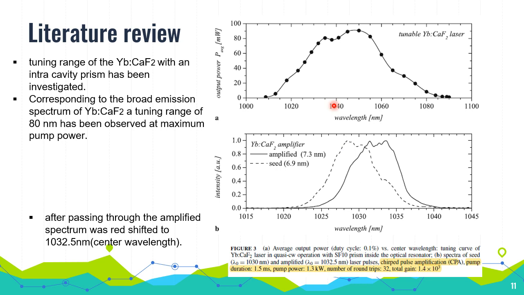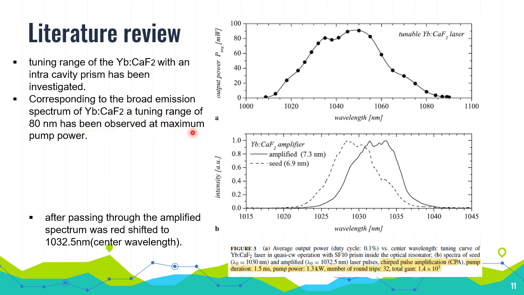So Figure 3a, this picture is the average output power. It's prior to the pulse amplification experiment, but they want to see the tuning range of ytterbium calcium fluoride with an intracavity prism has been investigated. Corresponding to the broad emission spectrum of ytterbium calcium fluoride, a tuning range of 80 nanometers has been observed